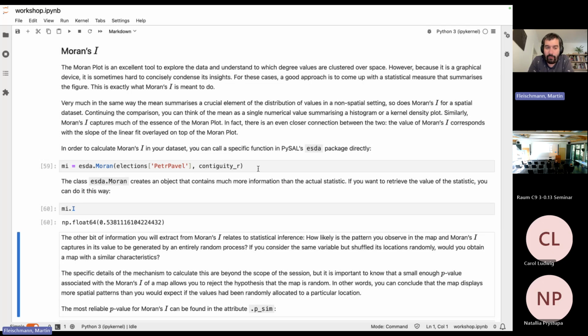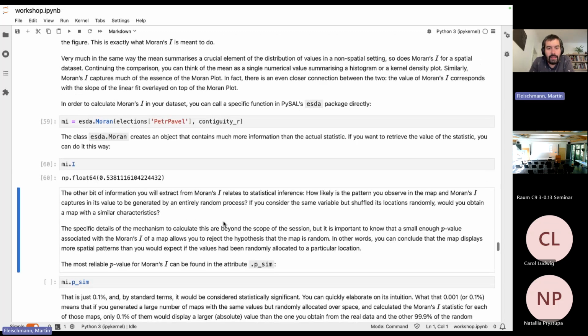We can compare with other observations, and we see that the Moran's I in here is 0.538, which is quite high for Moran's I. It can take values from 0, which means complete randomness, to 1, which means that